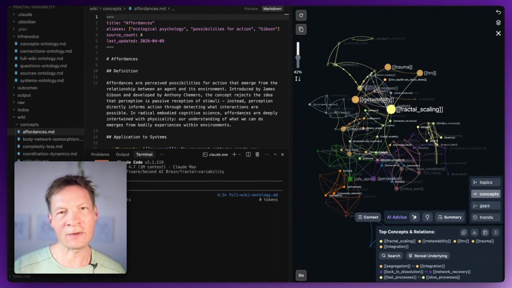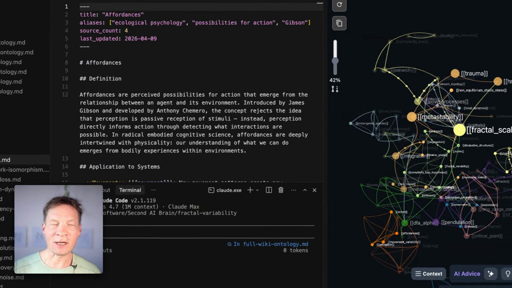Most content doesn't fail because it's bad. It fails because the right people never see it. However, there is a way to fix it. Using a simple stack of tools I'm going to share with you today, you can turn content creation into a